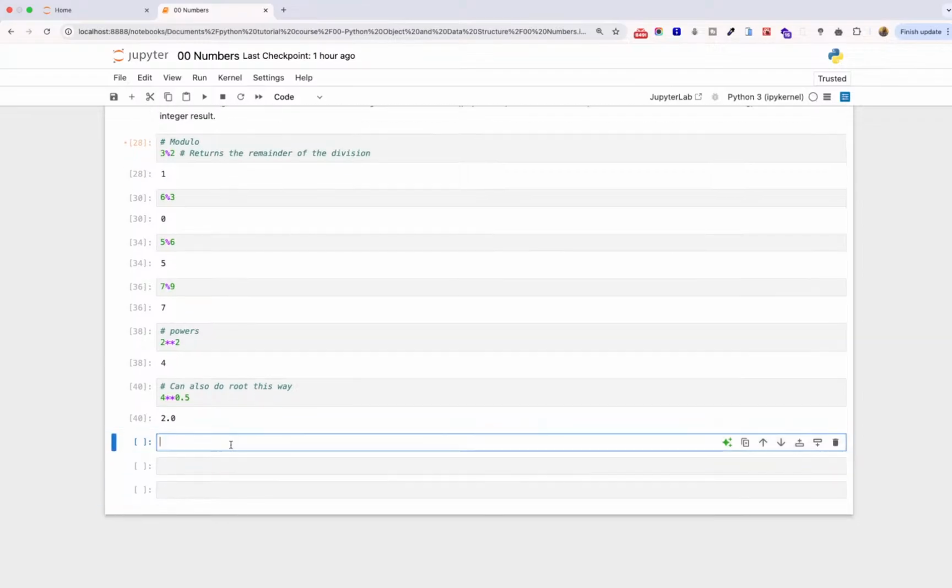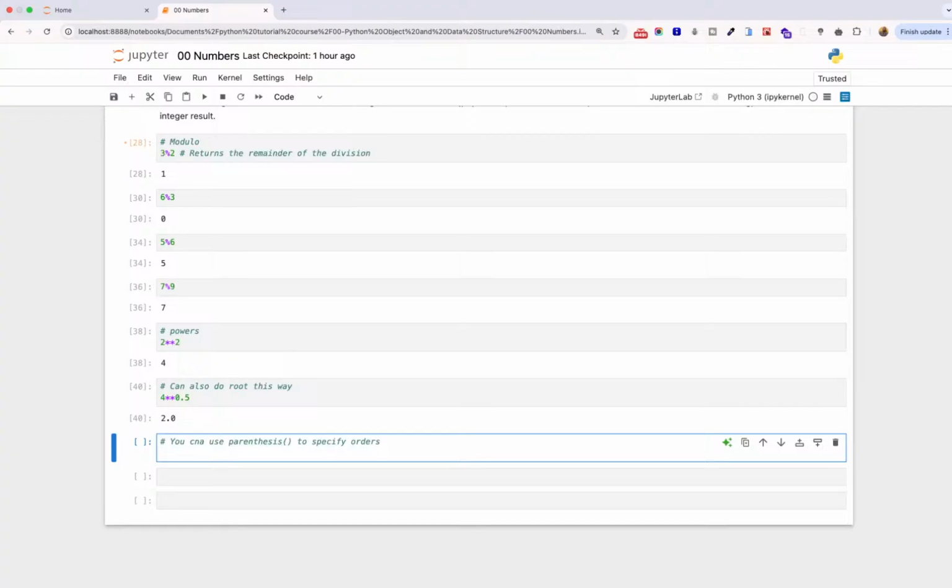And basically, when you're also doing operations, you can use parentheses to structure the way you want your code to be executed, right? Parentheses just means brackets, right? You can use parentheses to specify the order that you want your code to be executed in, right? So for example,